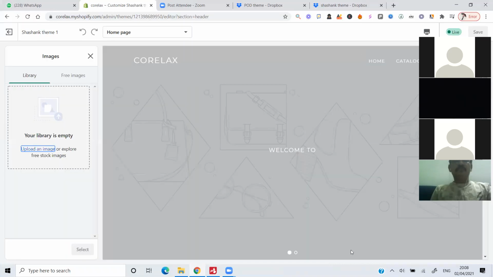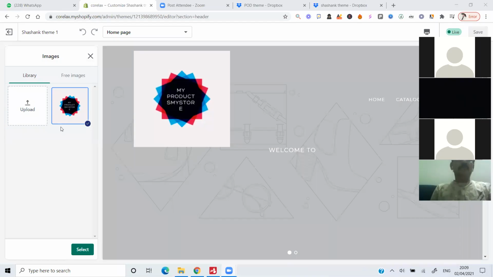Let me click on this. What's the difference in theme for POD and dropshipping? The customization part, man. POD theme has got the magnification glass, and this particular theme is made only for POD. In dropshipping, you'll have to put product videos there. In POD, you don't have to put videos here. So the theme is somewhat very different in dropshipping.